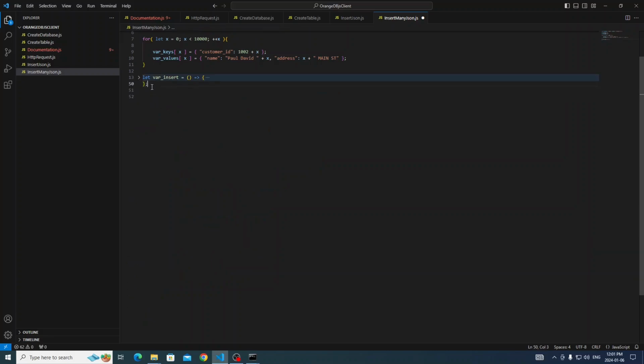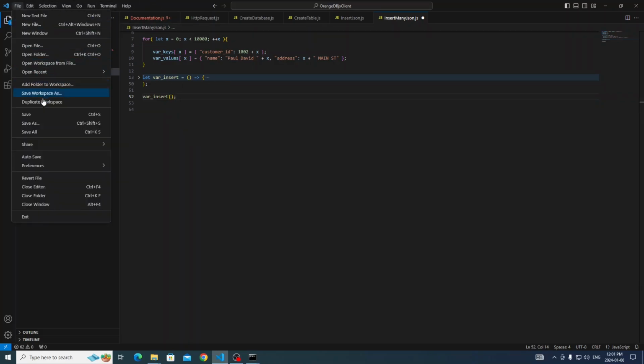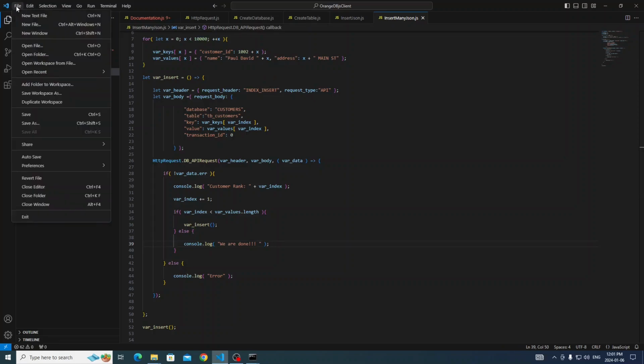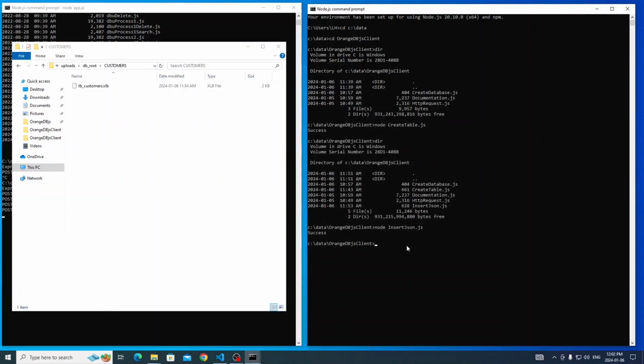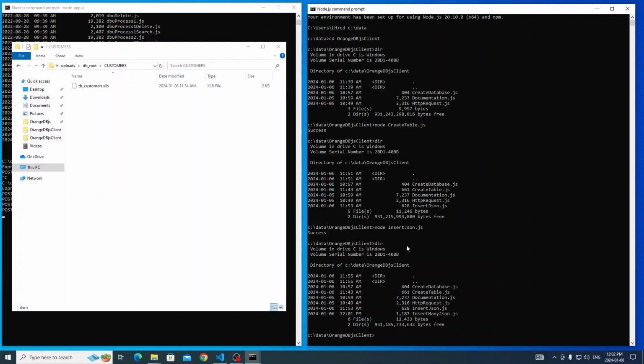Now we have to launch this, we have to call this function for insert like this. Let's test it and let's run it on the client side. If I go to the client side, you're going to see there is insert menu. It's going to be node insert many JSON.js. Okay,